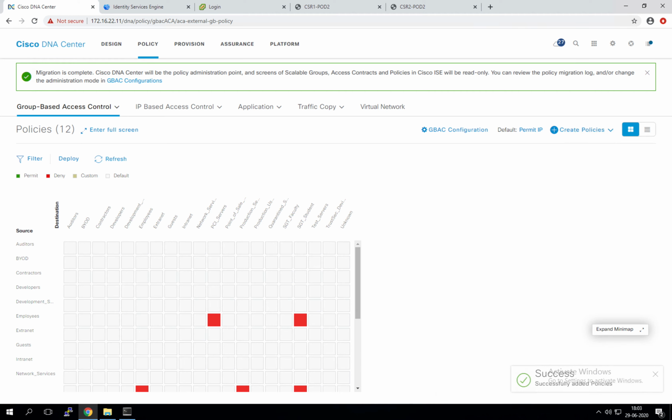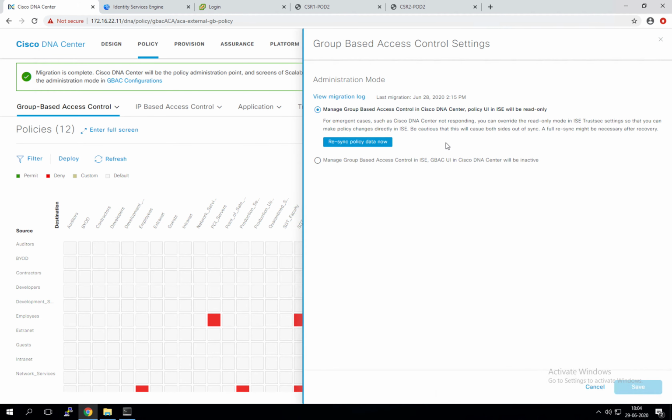Right? So that looks good. And yeah, the other thing I wanted to show you is the GBAC configuration. This is basically what I was talking about earlier, right? If you enable this, we are telling the group-based access control that DNAC will be the master,